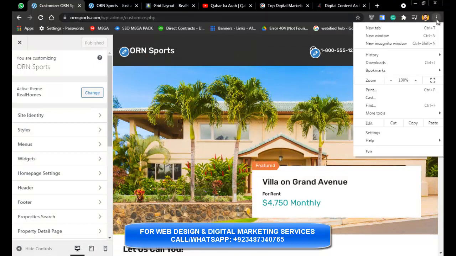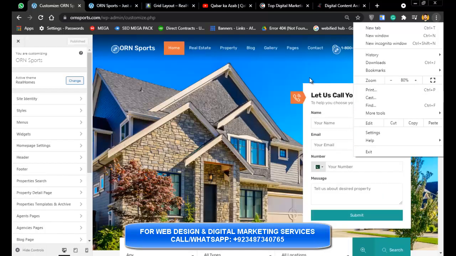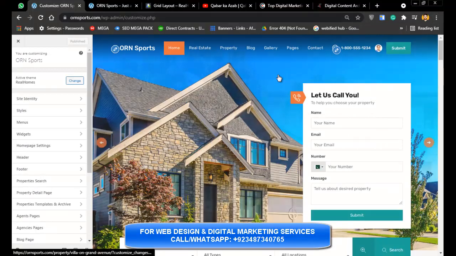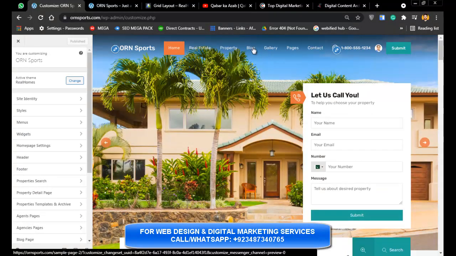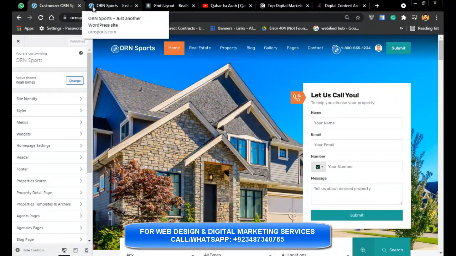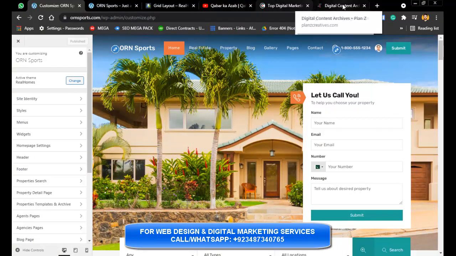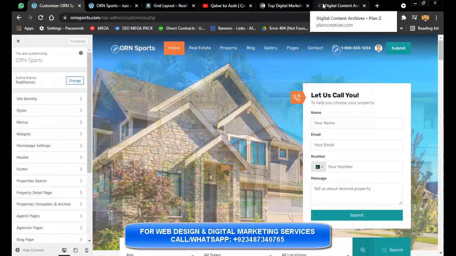So I'll just decrease the screen size so it's available in desktop. Now it's in desktop version. First of all we have to change the logos, and you can see the fav icon, as we call it. Here it's a WordPress icon, here it's a YouTube icon, a Clutch icon, and another website's icon.